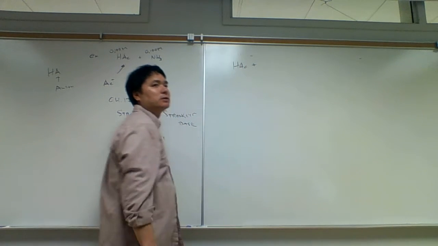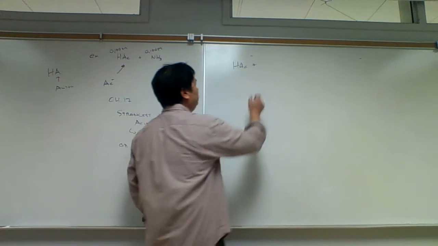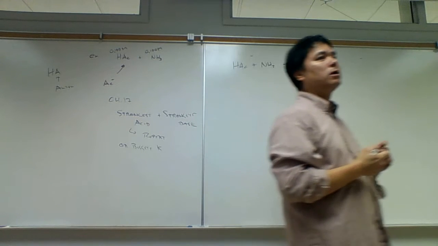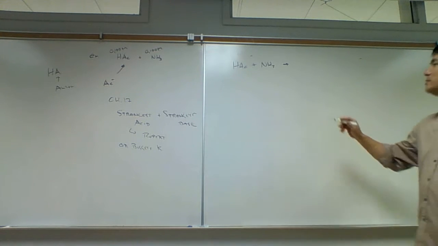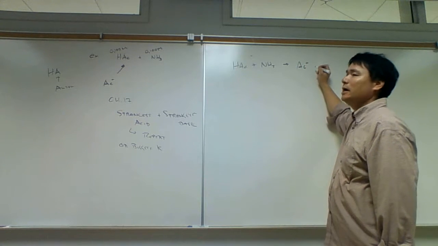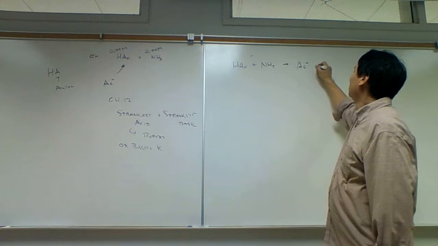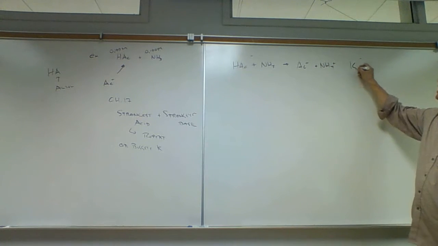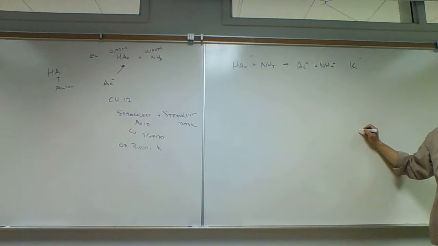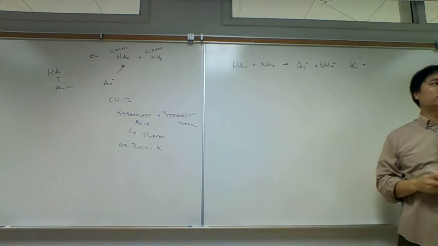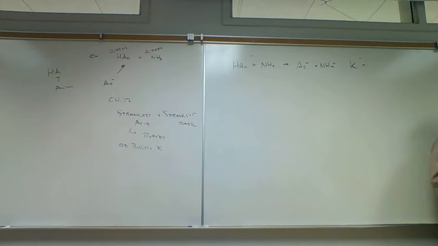What's the strongest base present? Ammonia. And so what do we get? Well, we get a Bronsted acid-base reaction. And so this Bronsted acid-base reaction is going to produce acetate and ammonium. Acetate and ammonium. But what is the K value for this? Yeah, we don't have the K value for this. It's not in the book. It's not on the chart, but